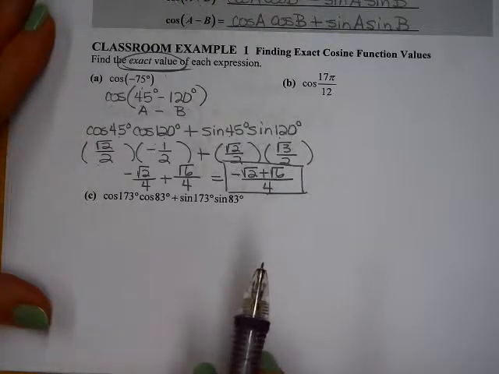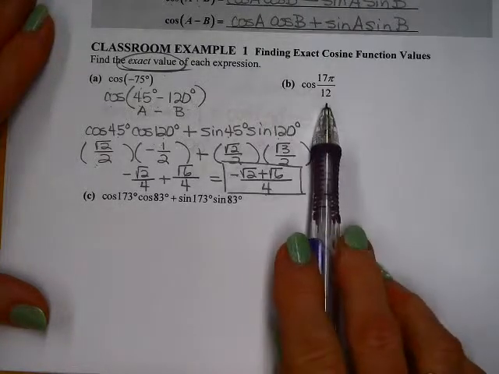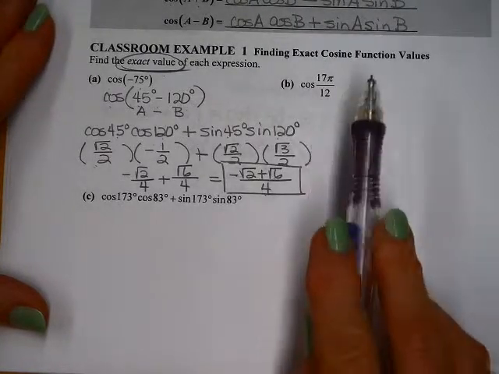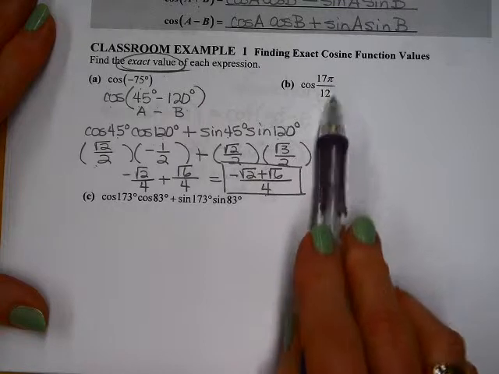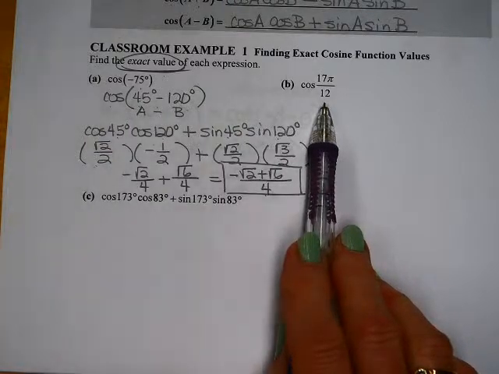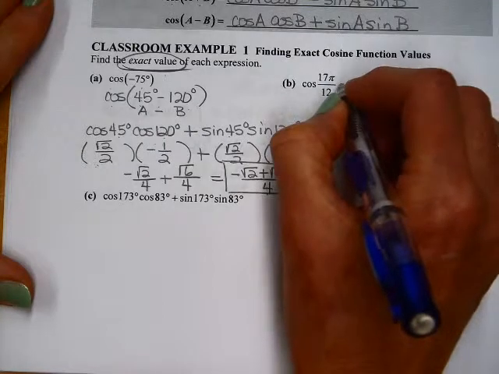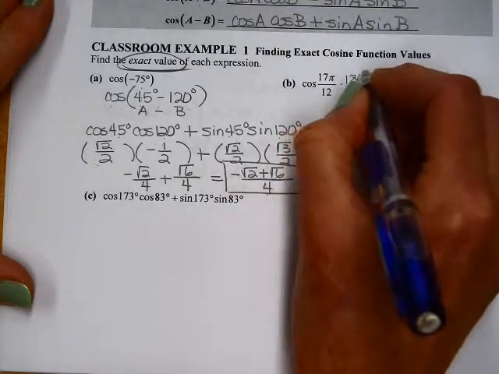You got it? Okay. All right, well, let's try another one, and then let's see if you have any other questions. All right, the cosine of 17 pi over 12. Well, once again, 17 pi over 12 is not on your chart, but change it to degrees, and let's make it easier. Multiply by 180 over pi,